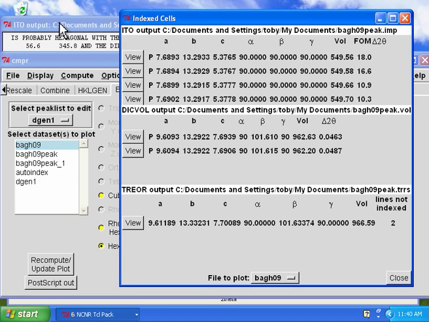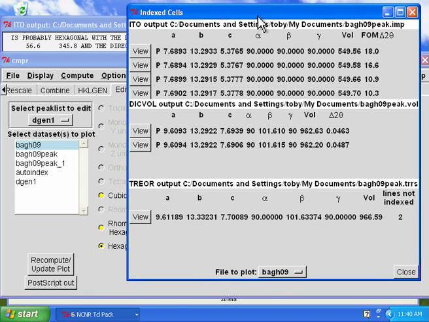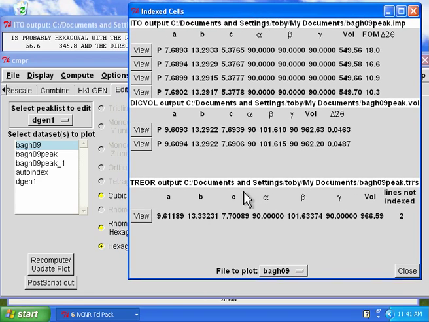So, at this stage we have 2 candidate cells that the auto-indexing has found for us. I think the monoclinic is a bit more promising, but both should be considered,